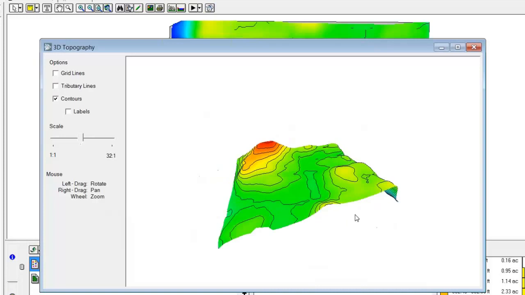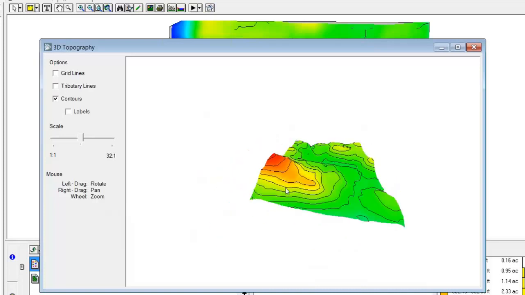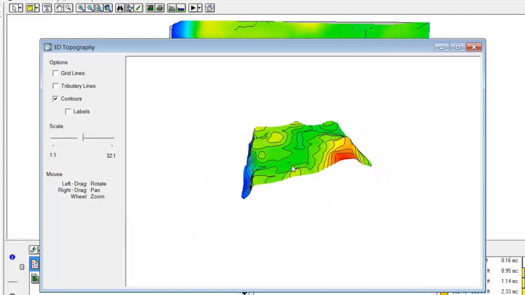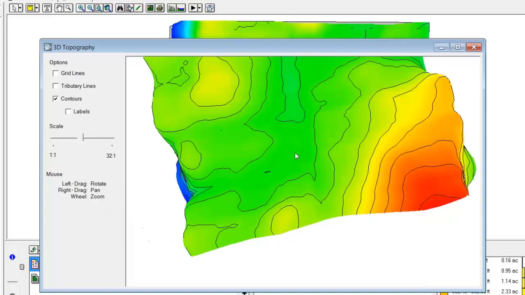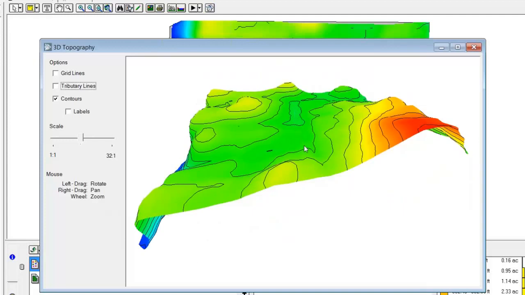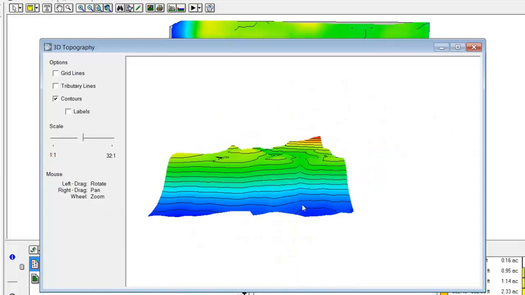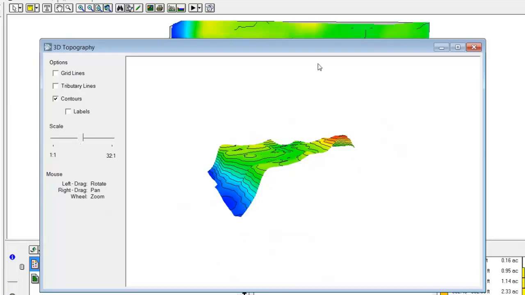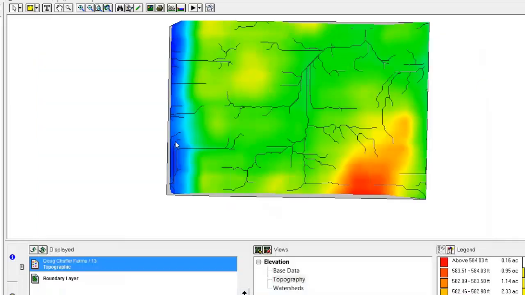So the 3D view, again, is just another tool that we can use to get a better depiction, another overview of what's going on. And like I said before, you can really see this when we exaggerate that out there. You can really see that low ground that lays in the middle of the field here that we can use to our advantage to help with that layout. And over on the west side here, you can see how much more steeply that drops off than the rest of the field. So again, the 3D view is another tool that you can use as needed to do